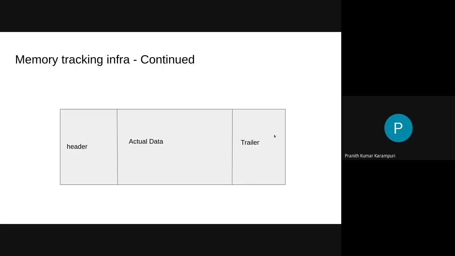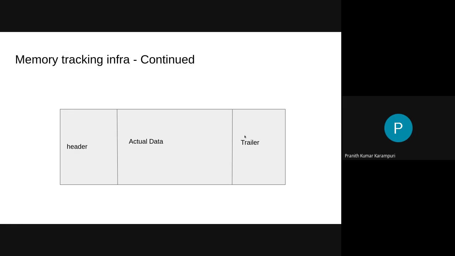I think this is a good illustration of what happens in GlusterFS. Every time you allocate a structure, which is the actual data, you add header information and trailer information, so that you can store something extra, just like malloc.